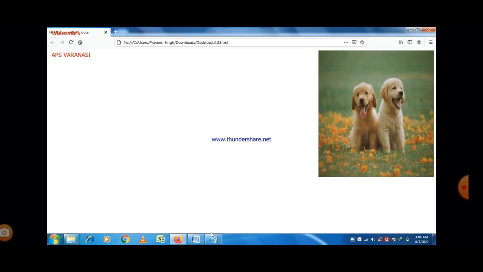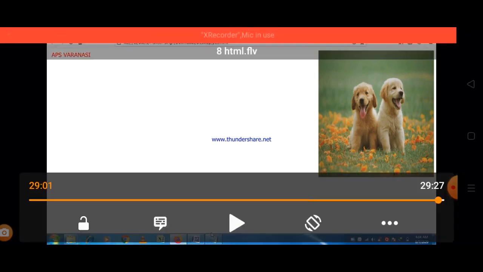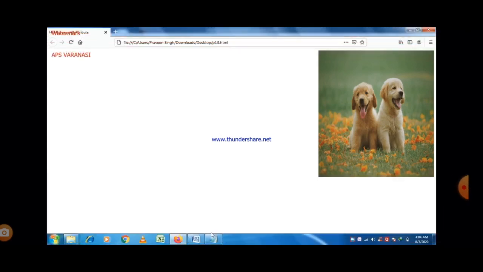So there are three possibilities, whether you have to align your image on the right hand side, left hand side, or in center. Just write align left, it is by default; align right for the right hand side; and align center to show your image in the center of the web page. So these are the three different options with the align attribute.